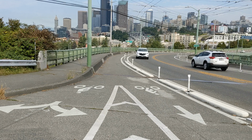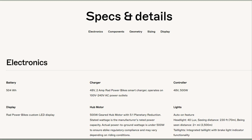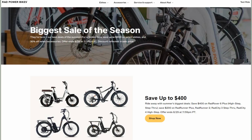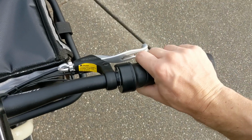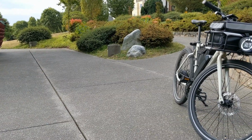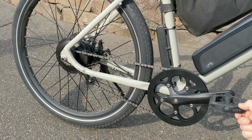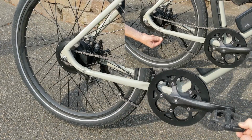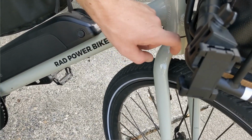veteran cyclist. The RadMission is a Class 2 500-watt rear hub motor e-bike from Rad Power Bikes. Class 2 e-bikes feature both pedal assist and a throttle, and the motor will assist you up to 20 miles an hour. This particular model is designed around a flat bar commuter style frame with 27.5-inch wheels and a single-speed drivetrain. The frame is made of aluminum and the fork is made of steel, which is pretty nice for strength